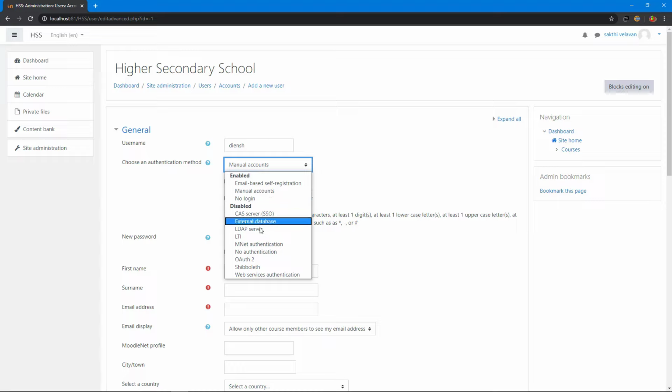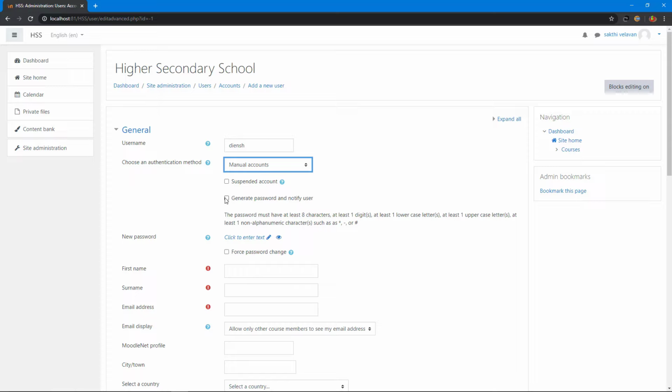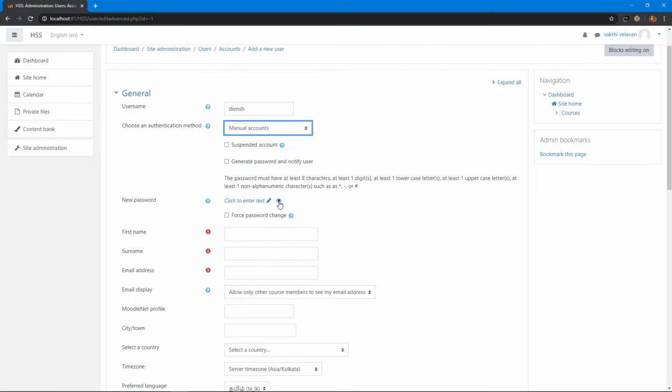You can see drop down lists, email based self registration, no login and all other options. But I want to set a manual password and username, so I select manual account. If you click generate password and notify user, the password is automatically generated and sent to the user, but I don't like it, so I uncheck it and I go to new password section.